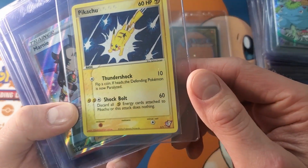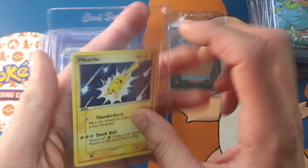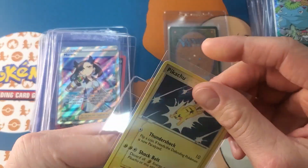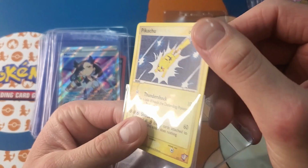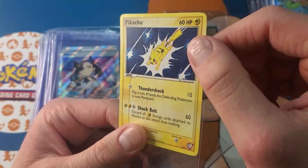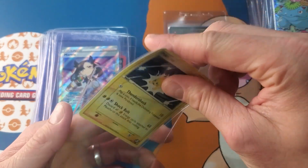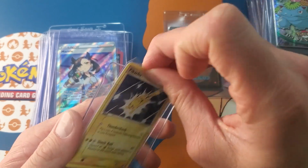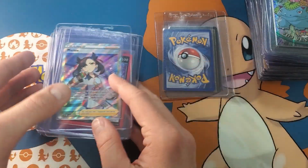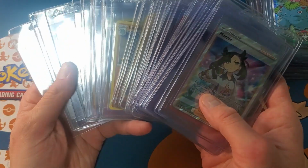This Pikachu is from the WB Creator Pack, one of 5,000, I believe they made for that. The reason this one's going to CGC, I think I showed this in a purchase video before. Really bad roller line straight down the middle of the card. So I don't know exactly what happened there. I'm interested to see how CGC grades it. So we'll find out. Other than that, most of these, if I remember correctly, are just pretty much mint